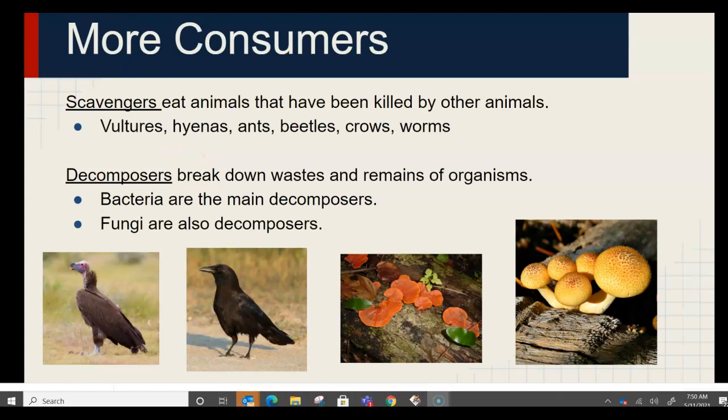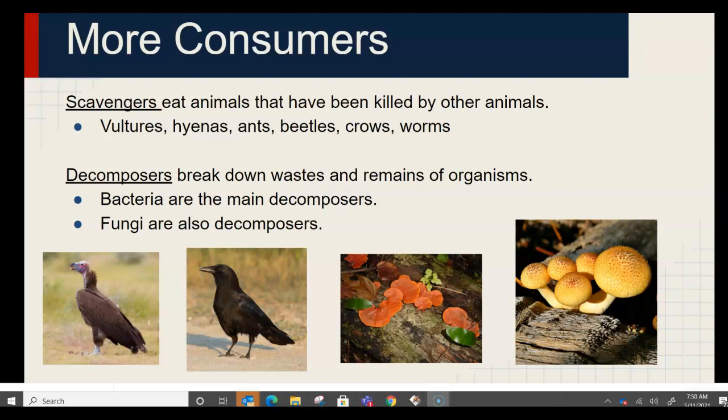There are a couple more types of consumers that we have to talk about. So, herbivores eat plants, carnivores eat meat, like lions kill and eat a zebra. And then, after the zebras are done being eaten, they may get fed on by scavengers. Now, scavengers save a lot of energy by feeding on dead things: vultures, hyenas, ants, beetles, crows, worms. When you feed on something that's already dead, and even like wild dogs of different types, wolves and things, will become scavengers because you don't waste the energy of having to kill the organism.